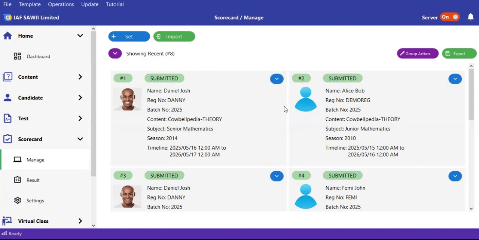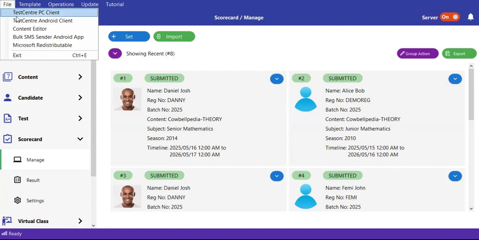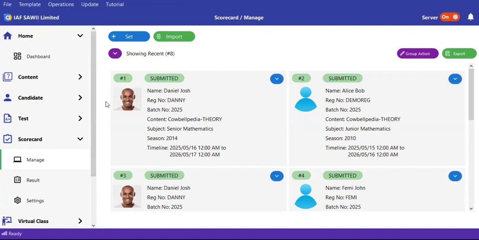You can easily download or get a copy of it, install it by clicking this content editor here, and it's going to save. It's already offline. Just save it right into your PC, and then you can type your question. We have a video on how to use the Edu editor, but I'm going to show you a sample